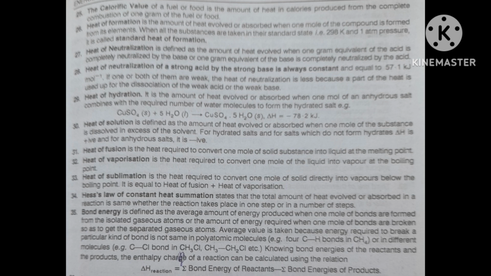A process which can take place either by itself or by initiation, independent of the rate. Here you do not have to consider whether it is slow or fast; you can neglect that. It is not considered, independent of the rate. A process which can take place either by itself or by initiation, independent of the rate, is called a spontaneous process. Its example is,